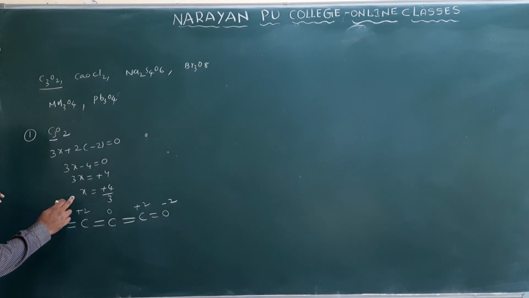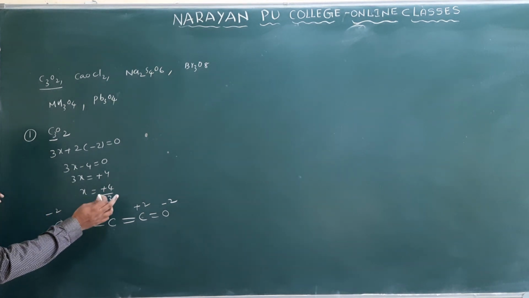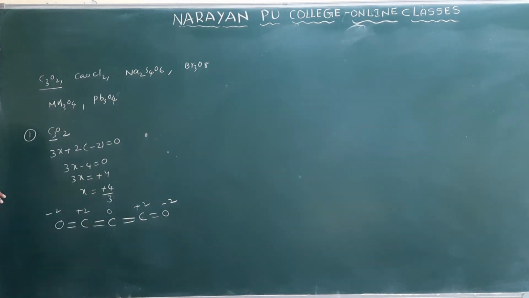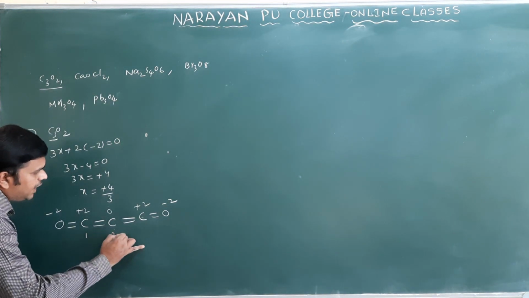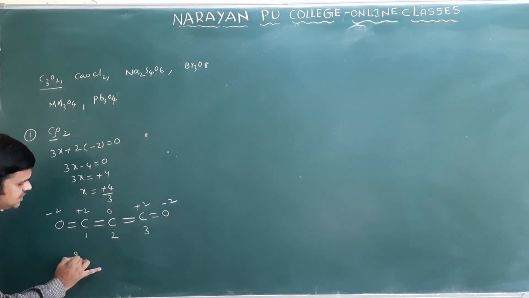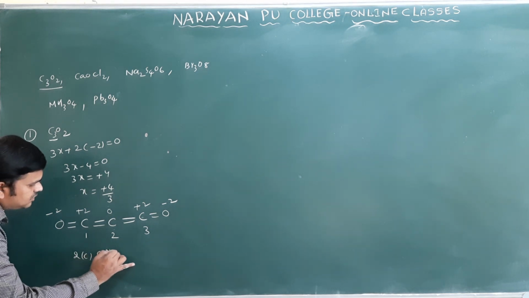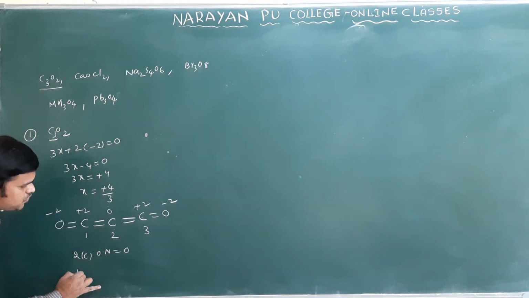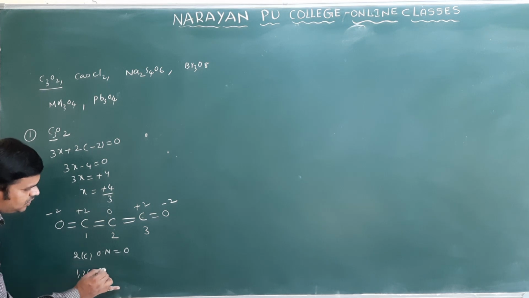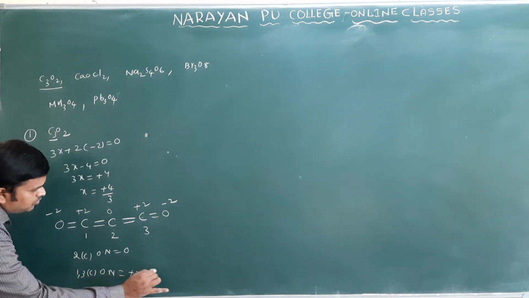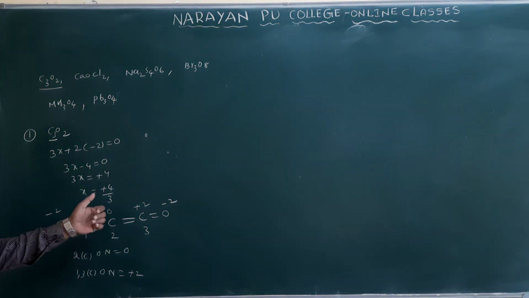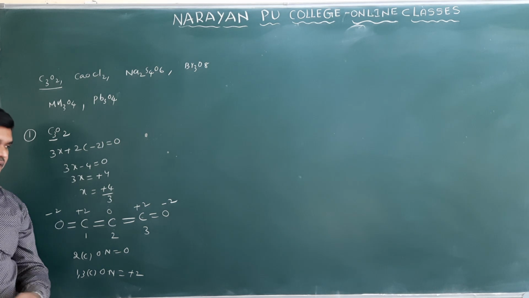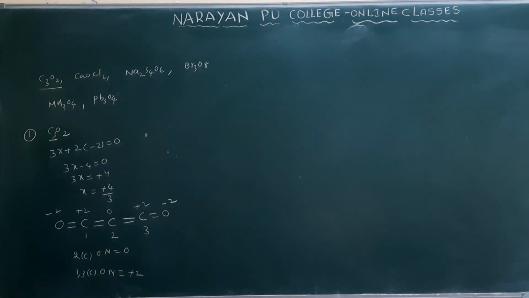This means the oxidation state is fractional. The fractional value belongs to all the carbon atoms present in this molecule. Suppose we number them 1, 2 and 3. The second carbon's oxidation number is 0, and the first and third carbons are +2 each. If you write the average, it is the sum 2 plus 0 plus 2, divided by 3 atoms. Then you get +4 by 3. This is the average oxidation number only.